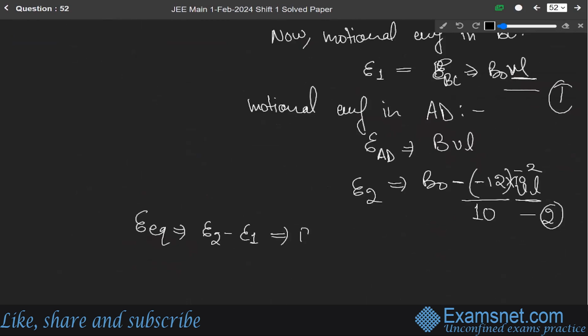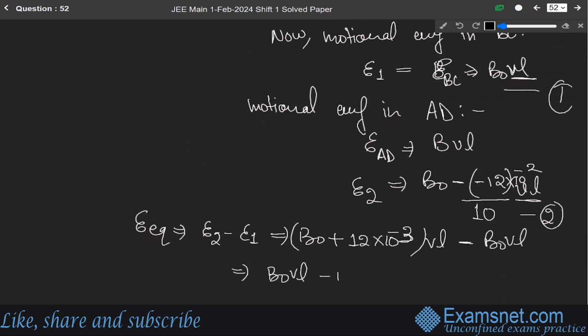It will become B naught plus 12 into 10 to the power minus 2 over 10 into VL, over 10 means 10 to the power minus 3 into VL, and minus E1. E1 is B naught VL. So solving it, we get B naught VL minus B naught VL plus 12 into 10 to the power minus